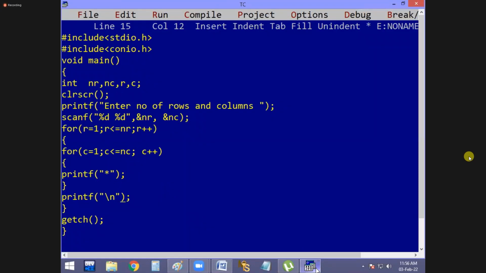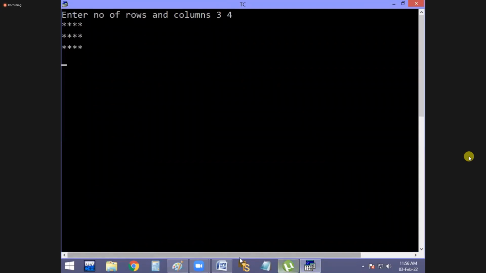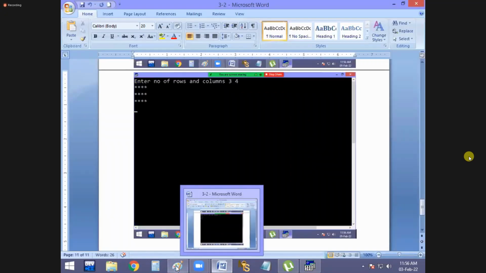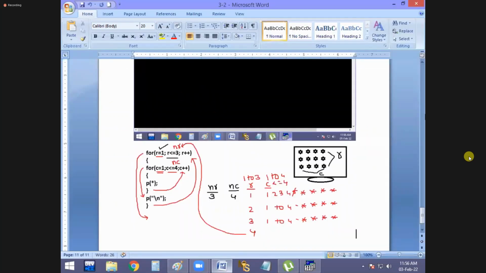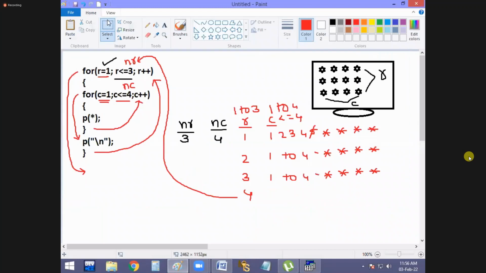It is our first example. It is the output of this program. And this one is the explanation part. Right. This time the HR asked one small thing. Same program, but one small thing has changed. This time the HR asked, instead of star symbols like this,